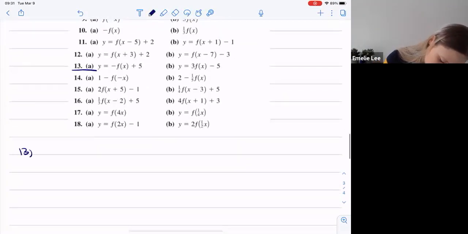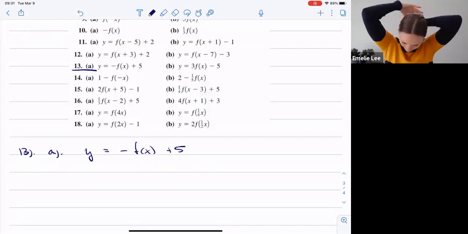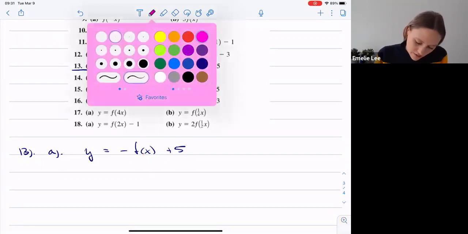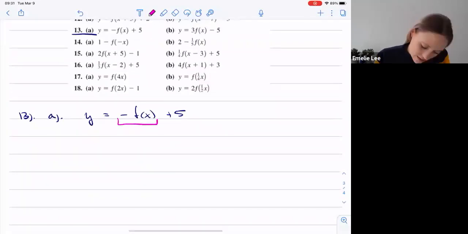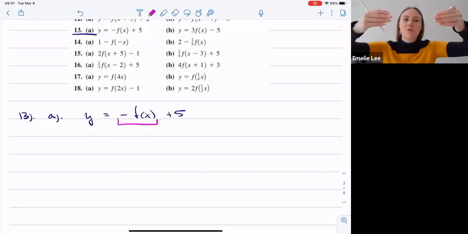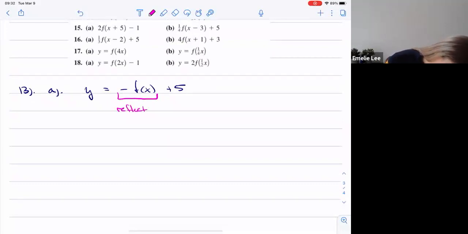Let's do 13a together. If you have y equals negative f of x plus 5, just remember you have the handout, so use those little boxes that I've given you with all the information. We always start at the function, and if there's something happening inside the function, then we do those transformations first. So I have my f of x, and then I'm taking negative f of x. Remember, that was a reflection about the x-axis, because all my positive y's become negative and all my negative y's become positive. So reflect about the x-axis,